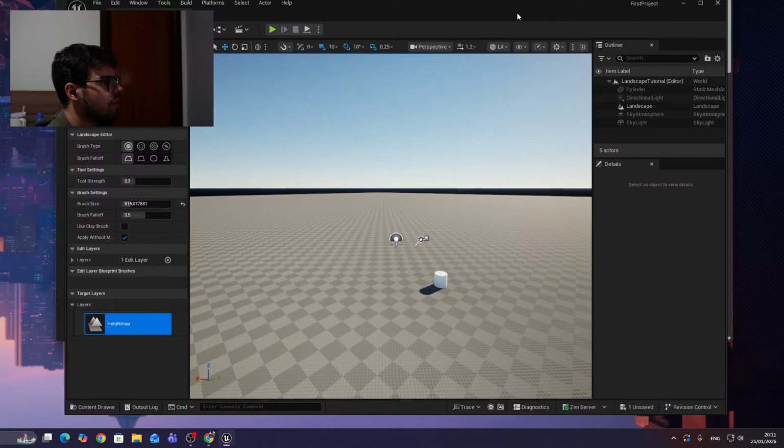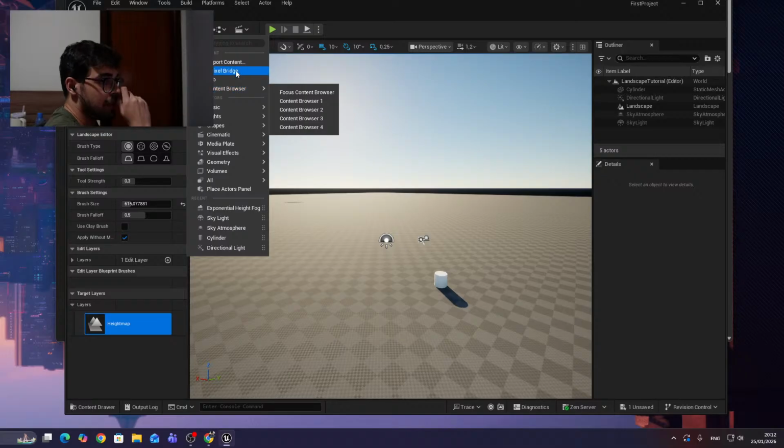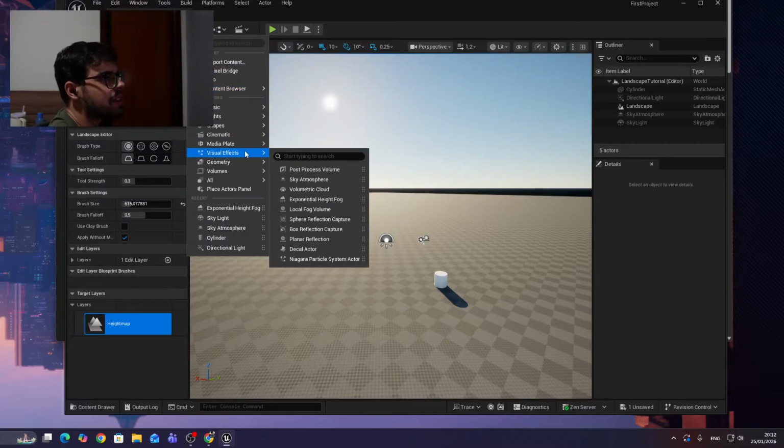Oh. Yeah, I messed up with the undo redo because I did this. Okay, let me add, yeah, let me add